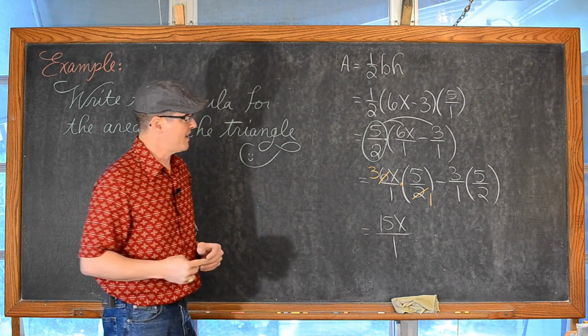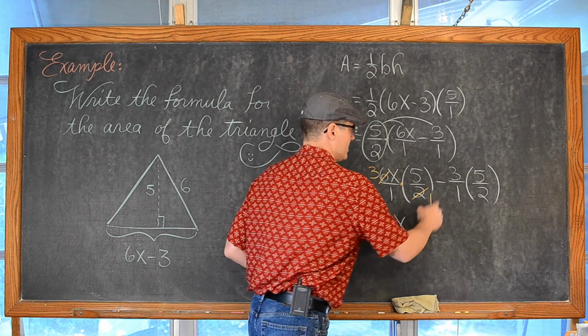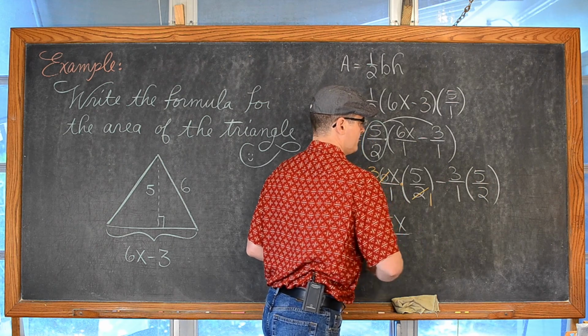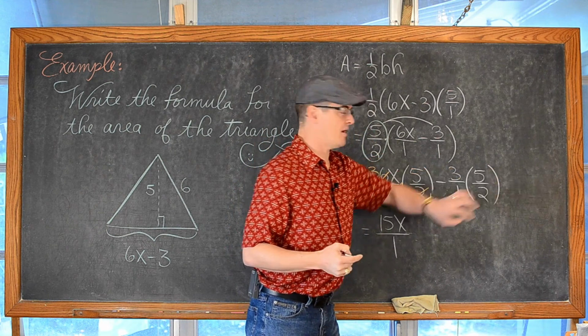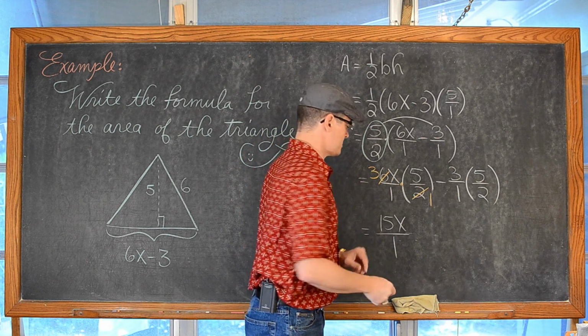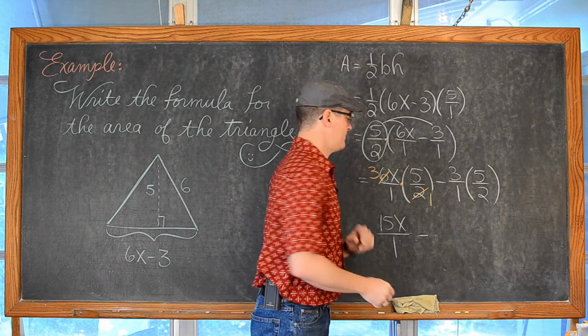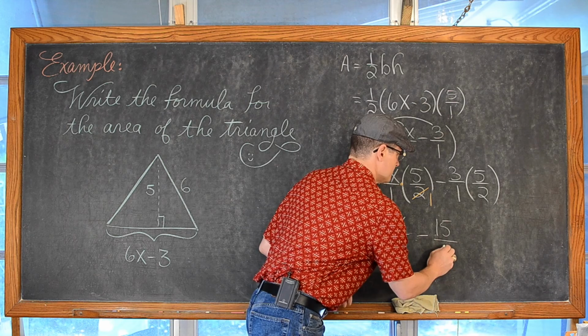And I'm going to write that as a fraction just for practice and just to make sure that I keep all these numerators and denominators lined up. Negative 3 times 5. Or you can just say, here's a negative fraction being multiplied by a positive one. And negative times positive is negative, and get it out of the way. And then you can just say, well, 3 times 5 is 15. And 1 times 2 is equal to 2.